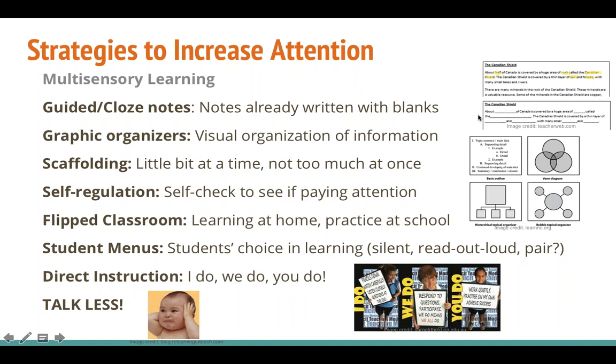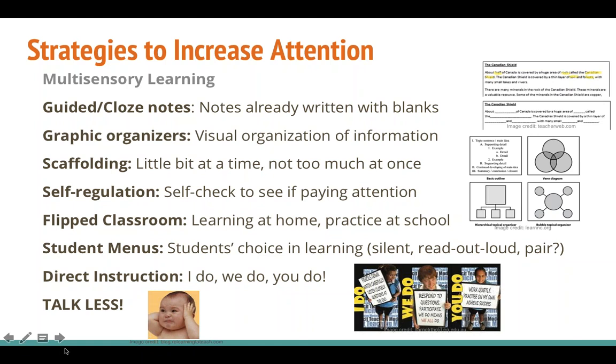This is good for students with processing issues where they can't listen and write easily at the same time. Or if they even have difficulties with that, if you look above them, you can have it all written out for them and give them a highlighter to just highlight important information that you tell them to highlight. So the action of actually highlighting as well as listening and looking at it will help them to increase